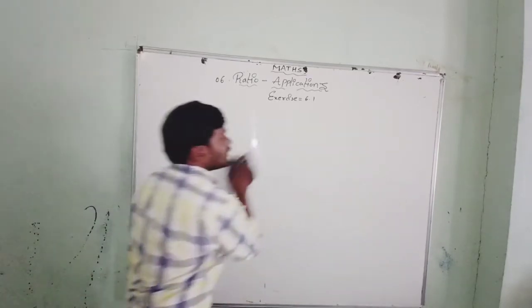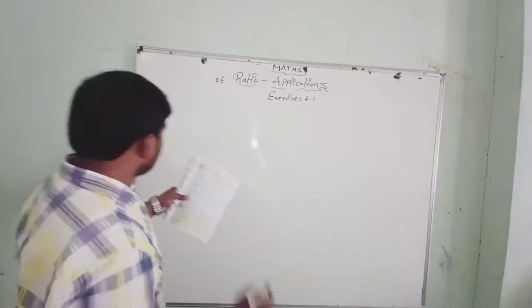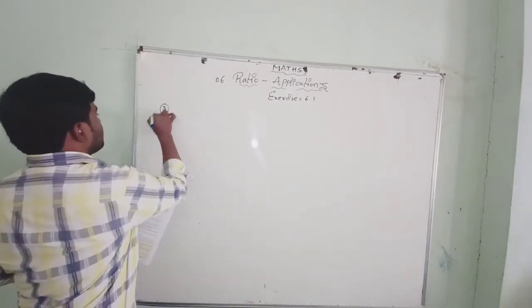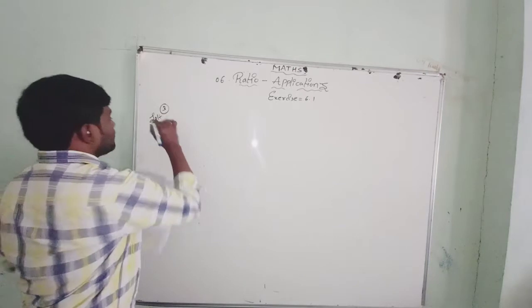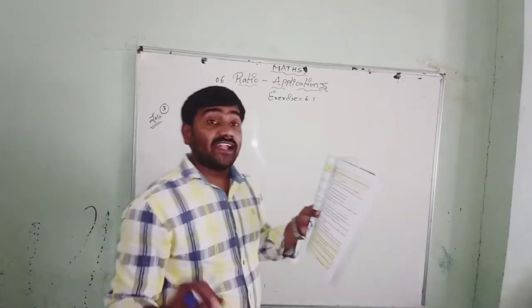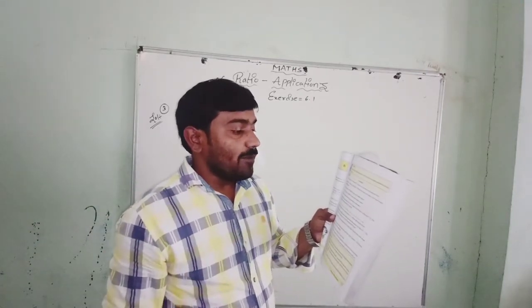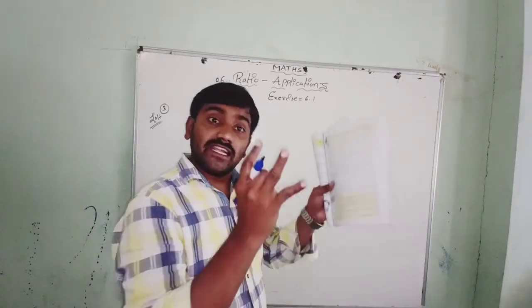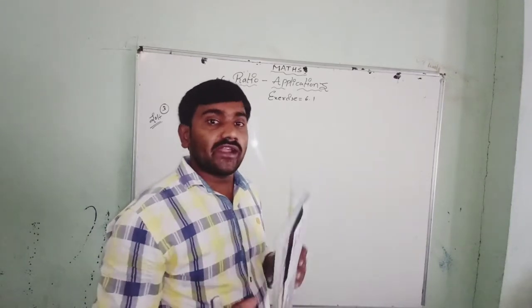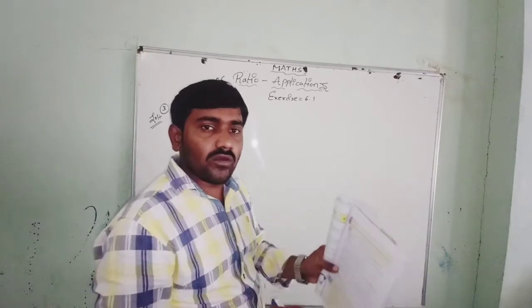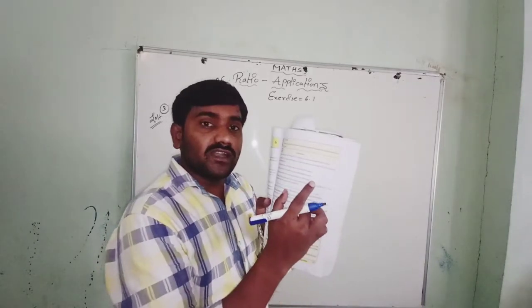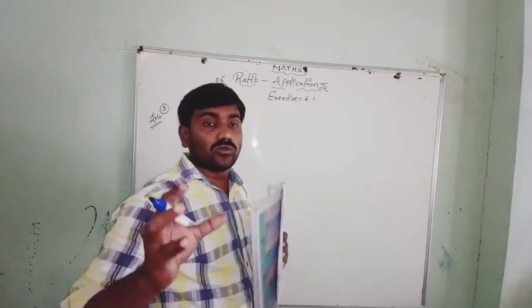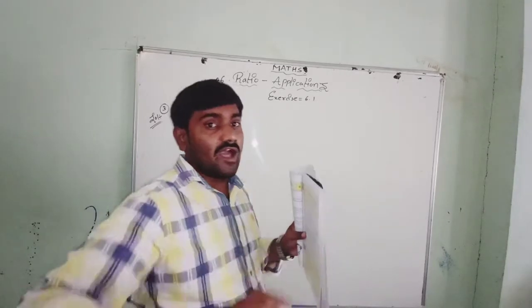Now we go for the next one, this is important. These kind of questions are important. Divide 96 chocolates between Raju and Ravi in the ratio 5 is to 7. How will you divide, equally? No. Here the given ratio is 5 is to 7. For these kinds of problems, I will tell you the procedure to follow.